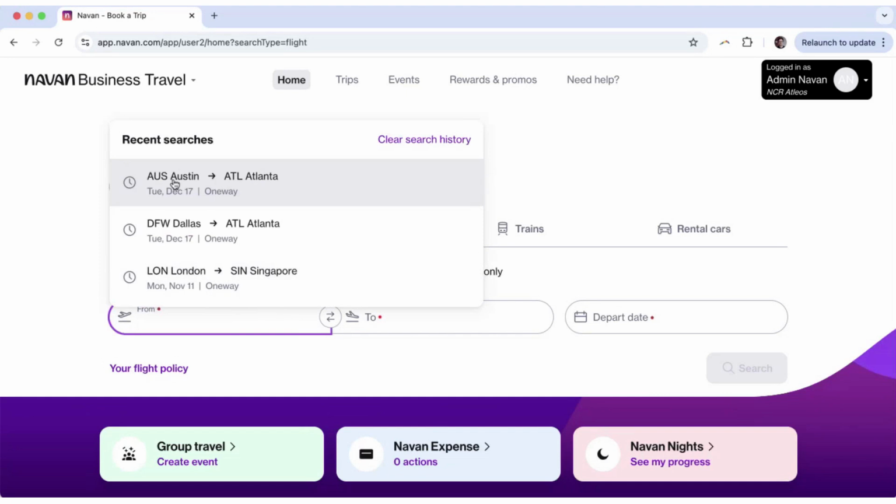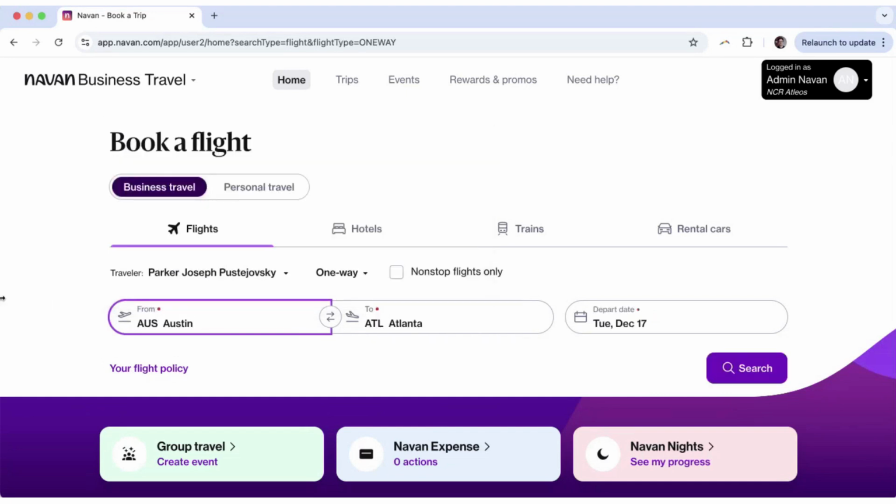In this instance, I'm just going to choose Austin to Atlanta. I am actually based in our Austin office, so this is an obvious choice for me to search for. But if I'm coming out to HQ and visiting your office in Atlanta, I'm able to do that, and also check